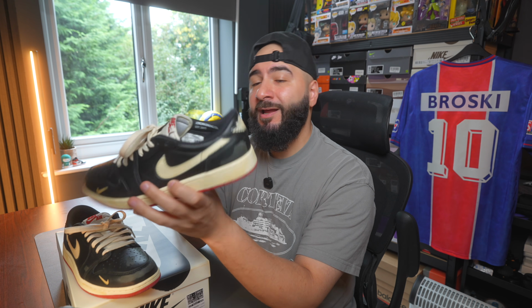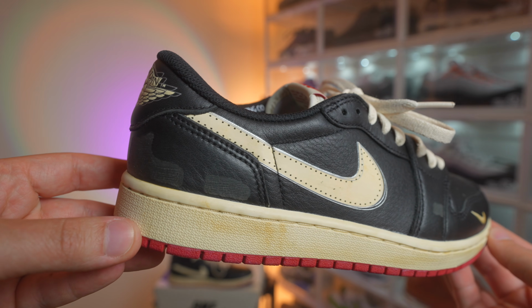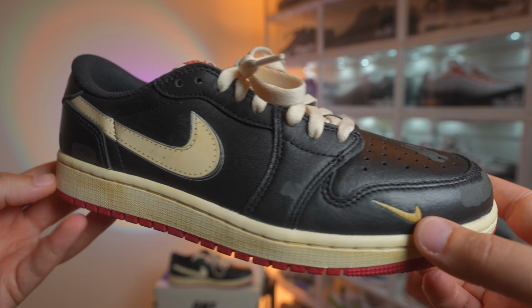But it's time to take a look around this shoe. I'm not gonna sit here and waffle until the cows come home. I've got to show you around because there's a lot to like. Now, what stands out straight away is this lovely black leather all around this shoe near enough. I mean, there are some parts that are more tumbled and more plush, like the toe box, like the mid panels, but